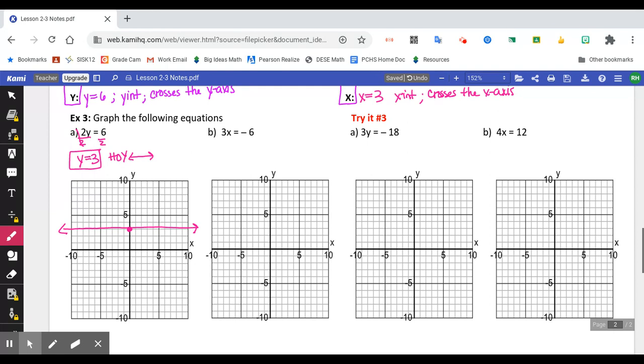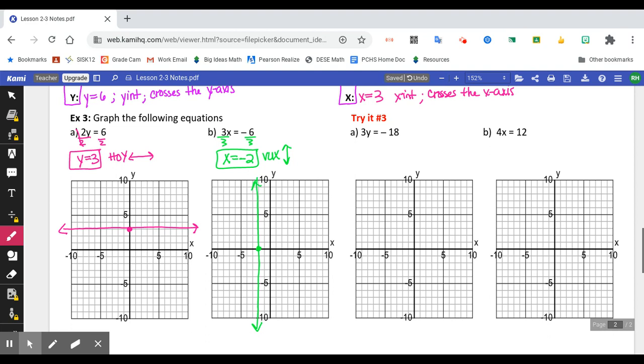Okay. Next one, divide by 3. So x equals -2. Again, x is in VUX, and VUX is vertical. Okay, so I'm going to go on the x at -2 and put a point, and my line goes straight through that point,